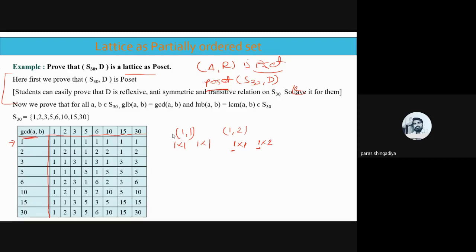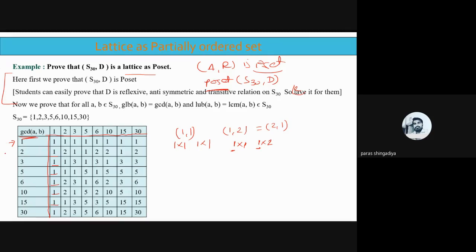Clear? Of 30. And now use this value. Okay, use these values of the first row, answer of this one, as a column. ठीक है, आपको सिर्फ यहाँ पे रिप्लेस कर देना है, each value you replace in this first column, and that will be the same. Clear? Because again here we consider 5 with 1, 6 with 1, 10 with 1, 15 with 1, and so on, because GCD of 1, 2 is the same as GCD of 2, 1. Clear? GCD of 1, 5 is the same as GCD of 5, 1. There is no change. So use this value in this column. Okay, use this first row value in this first column.